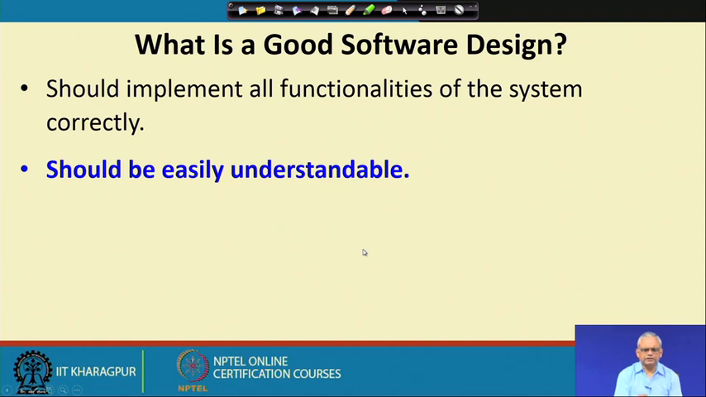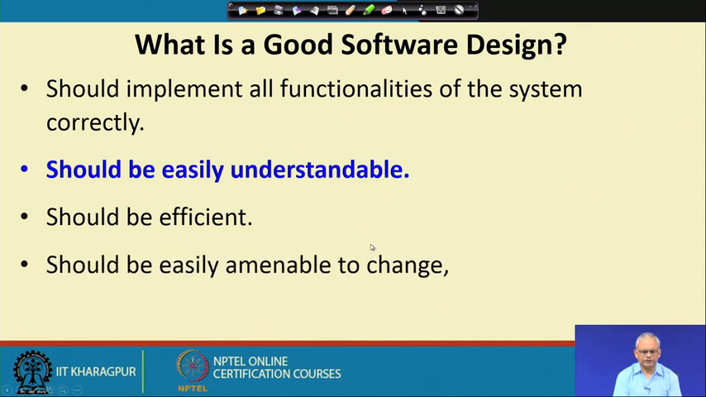The second characteristic of a good design is that it should be easily understandable. It should not look like a messy structure where somebody spends days, months or years trying to understand the design. It should be an elegant design, and somebody who looks at the design should be able to easily understand it. Understandability is a major characteristic of a good software design. Of course, it should result in an efficient solution,